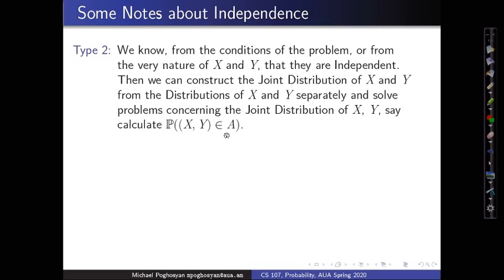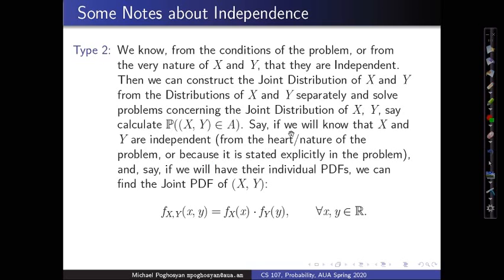Say we can calculate the probability that (x, y) is in some subset A. Say we know that x and y are independent, from the very nature of our problem, or because it is stated explicitly in the problem that they are independent, and say